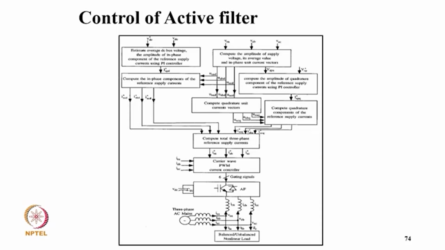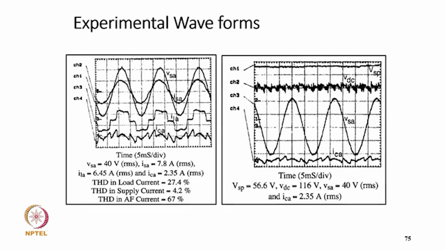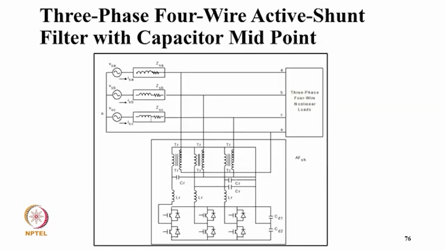And then of course there is a control for the active filter for DC link voltage regulation, and you sense the AC voltage from which you find the fundamental voltage. Then the loss component you add to get the total reference current, and you have the feedback current, and compare it to generate the gating signal for this shunt active filter. And these are the typical results of the active filter, where you can see the load current, the active filter current, the supply voltage and supply currents, and the DC link voltage is maintained, along with the supply voltage and the filter current.